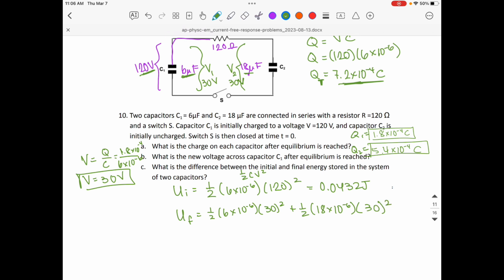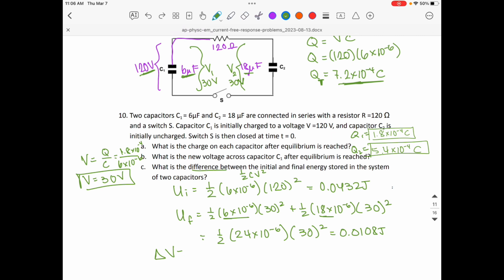and then that also has 30 volts squared. To simplify this, because there's a lot of common values here, you can just add the 6 and the 18. So that's 24 times 10 to the negative 6 times 30 squared. And the answer for that is 0.0108 joules. But we want the difference between the two, so the change in energy